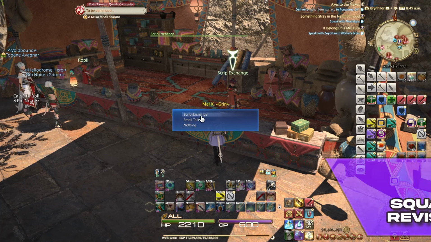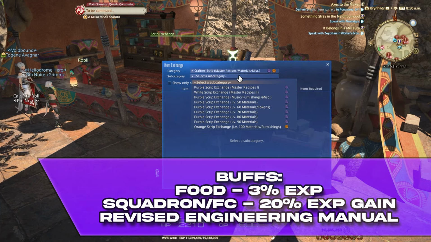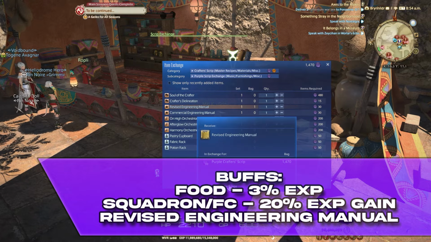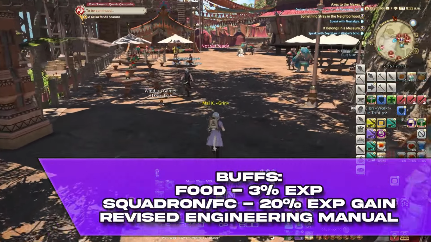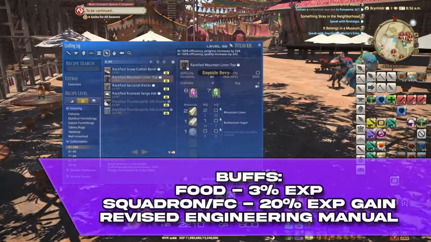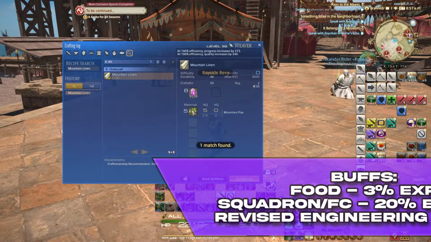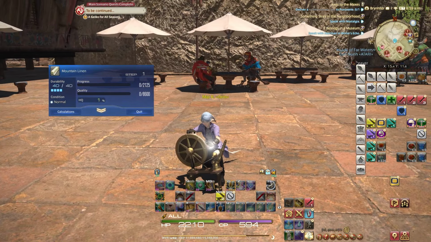As always, with crafting especially, you want to make sure you have your food buff for the 3% more experience gain, your squadron or your FC buff for up to 20% more experience gain, and a revised engineering manual for up to another 75% more experience gained. Now these are consumable. Every 2 million experience that you earn via them, they will be removed, so you will have to stock up a little bit on these, but I do think they're well worth it for only 30 purple scrips. All of these will help reduce the amount of crafts and cost of getting all of your crafters